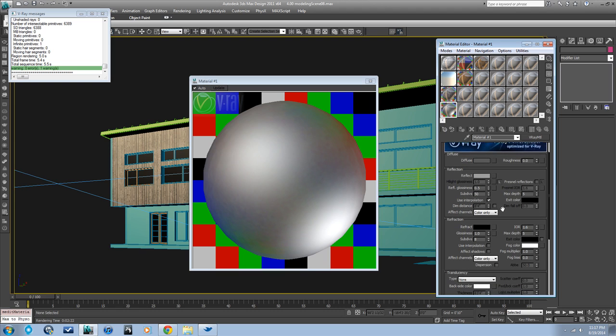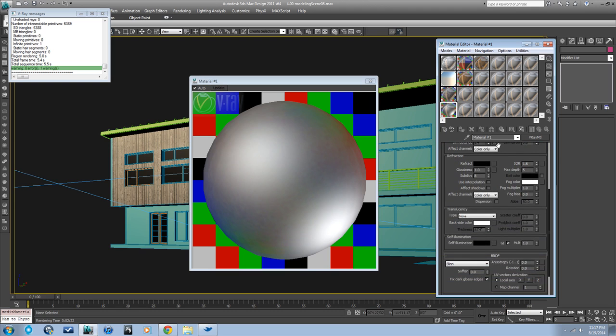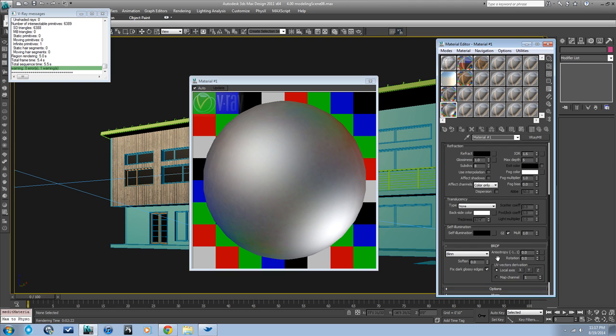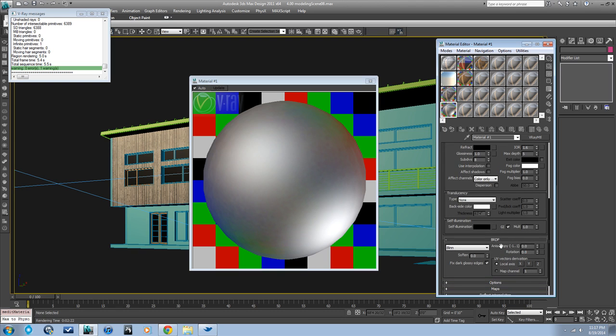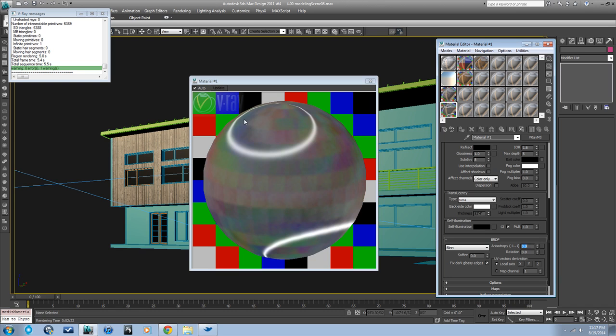So another thing that we can mess with here is the anisotropy, which I don't really know how to explain what it does, but I can show you. So this setting can go between -1 and 1. If we put it at 0.9, it'll illustrate really well what it does. You can see it kind of stretches that reflection